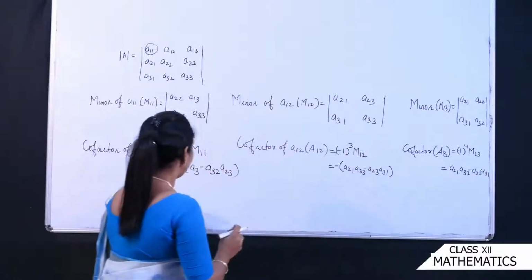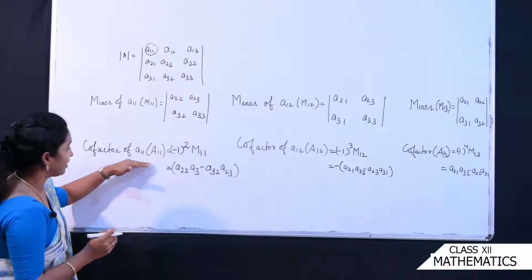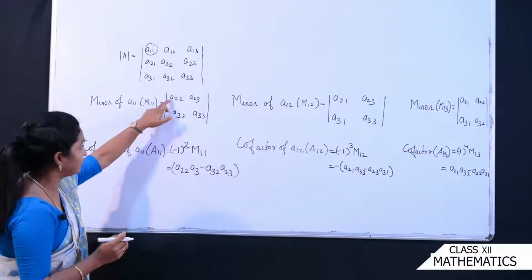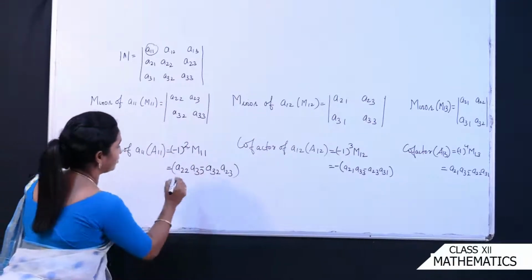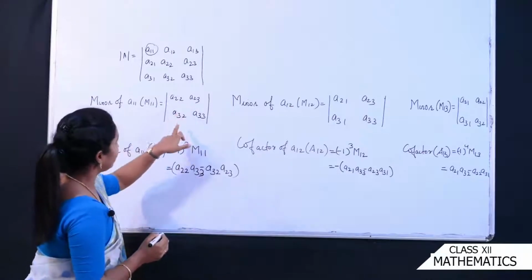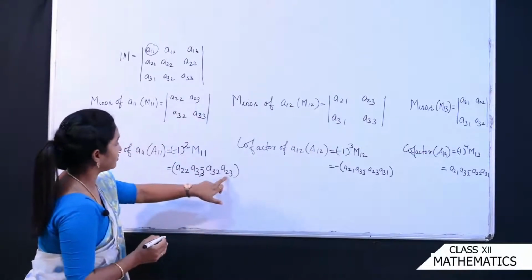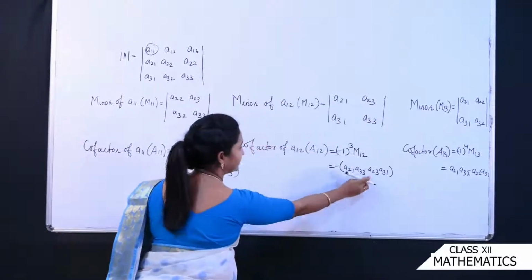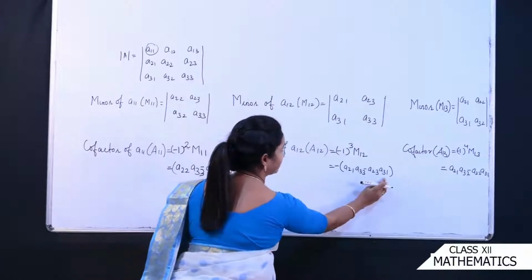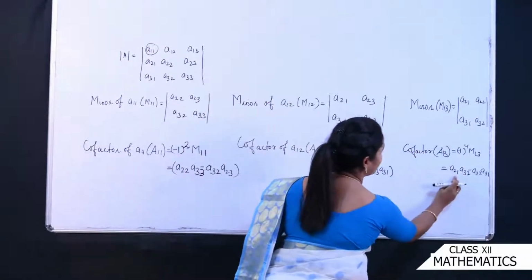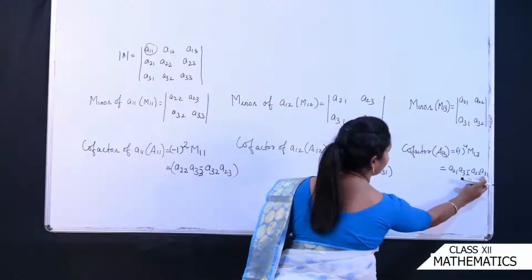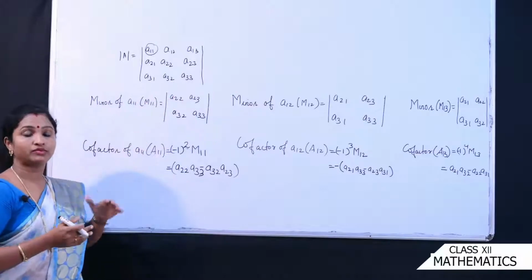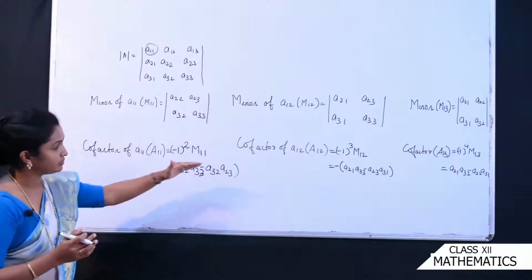ठीक है, क्लियर हुआ? एक बार दोबारा देखिए, कोफैक्टर आप निकालेंगे हर एक एलिमेंट का, सो -1² इंटू माइनर. ओके, माइनर क्या होगा? A22 इंटू A33, एंड माइनस A32 इंटू A23. ओके, क्लियर? उसके बाद यहाँ पे आप निकालेंगे तो क्या होगा? A21 इंटू A33 माइनस A23 इंटू A31. ओके, नेक्स्ट में क्या होगा? ये A21 इंटू A32 माइनस A22 इंटू A31. तो यू गॉट ऑल द कोफैक्टर ऑफ द फर्स्ट एलिमेंट्स ऑफ द फर्स्ट रो. ओके, आपको पहले रो के सारे एलिमेंट्स के कोफैक्टर मिल गए.